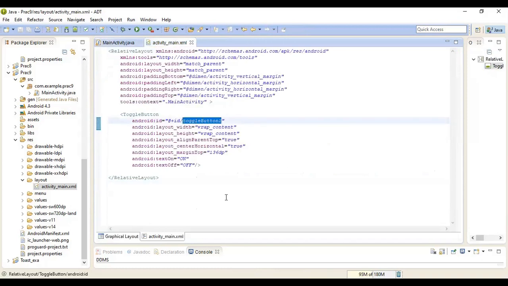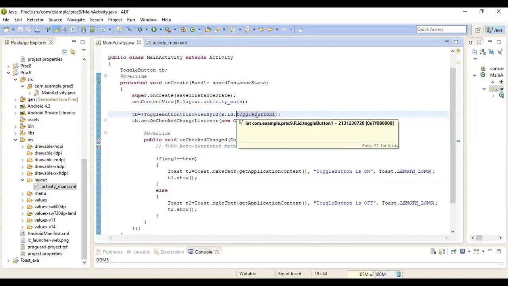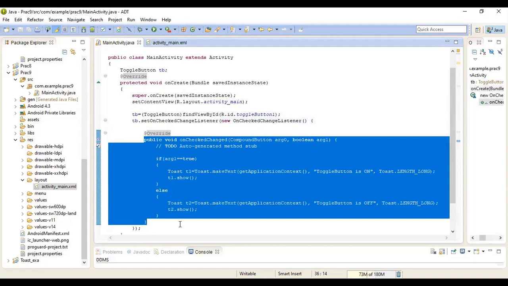So this is the ID. Here we have used that ID, toggleButton1. Now register your listener with the object. So tv.setOnCheckedChangeListener.